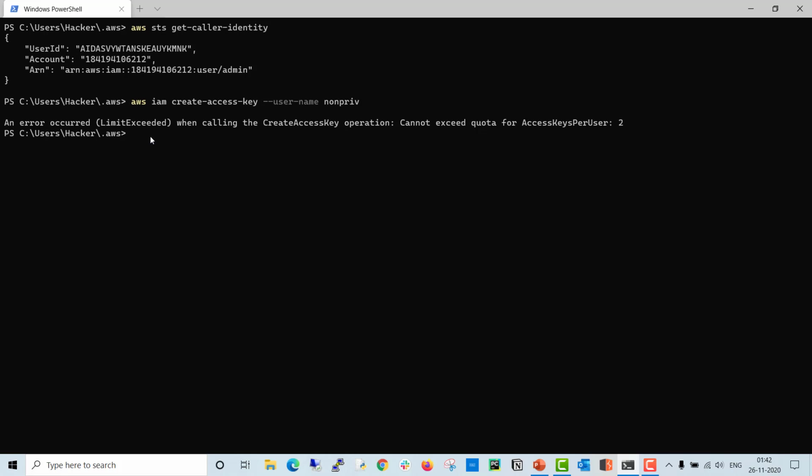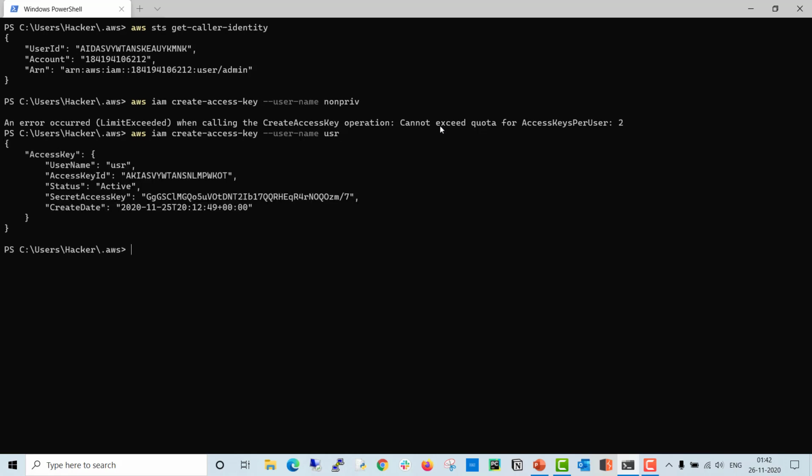Why? Because one user can have a maximum of only 2 access keys. You can't create more than 2 access keys. So I will create the access key for another user which has only a single access key. You can see here in the response it gives me a new access key for user USR